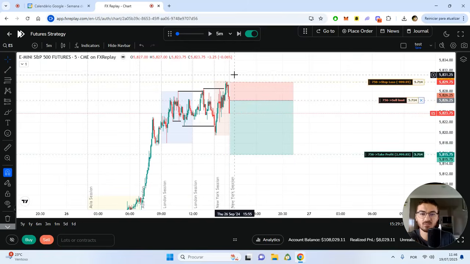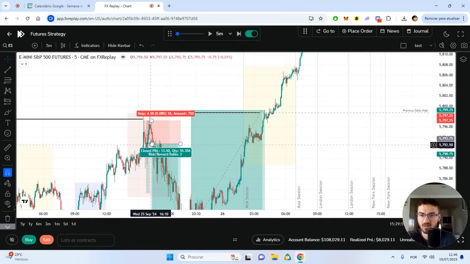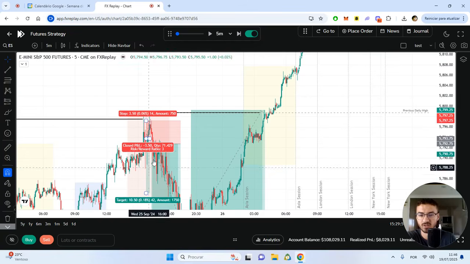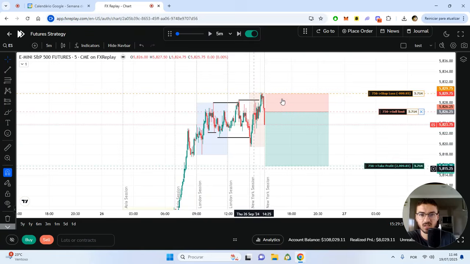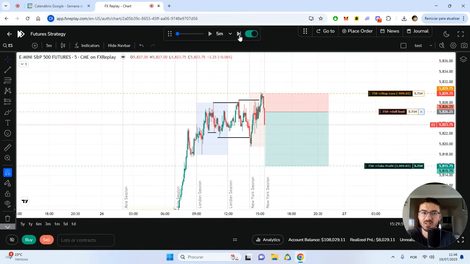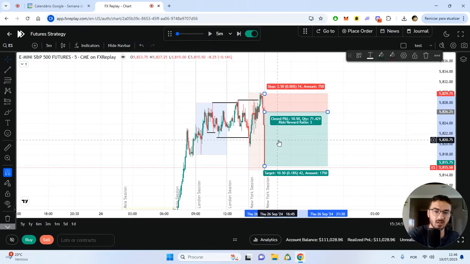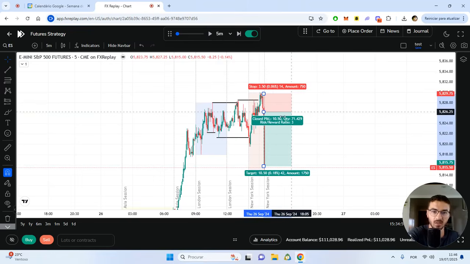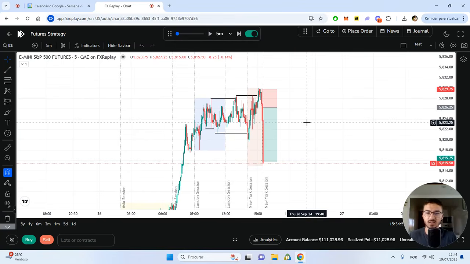But we might have the same scenario which happened right here, where we tried to short it after the first sweep, and they got trapped. But here we did the second sweep. It's just that market's about to open and it goes crazy, so it might liquidate us as well. That's the only thing. Okay, perfect. So it came to test us in and instantly gave us a TP. This is going quite well.